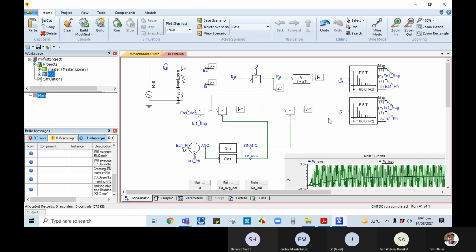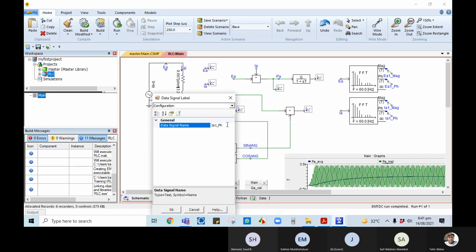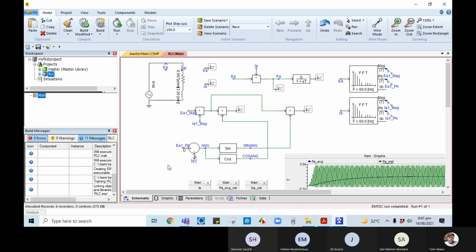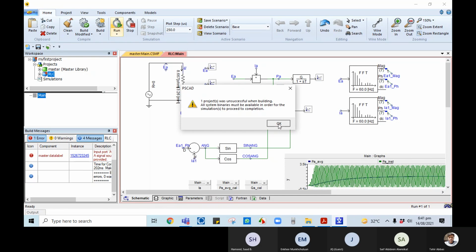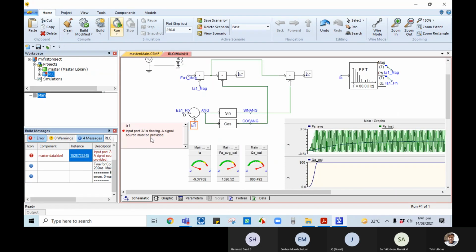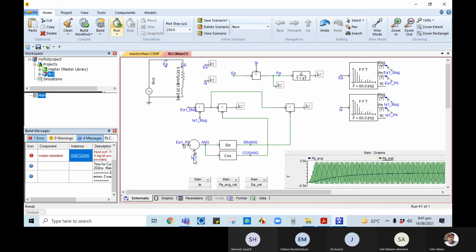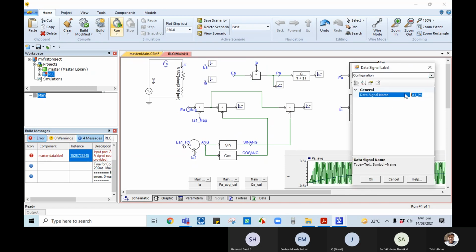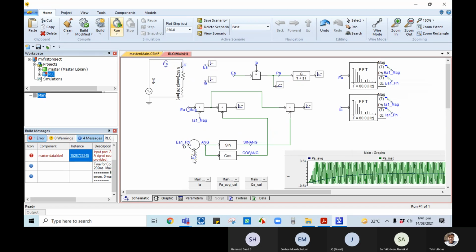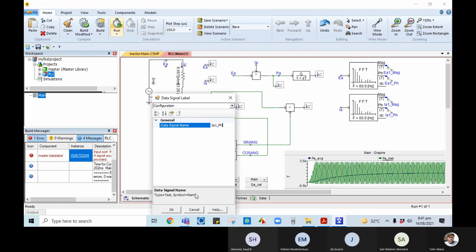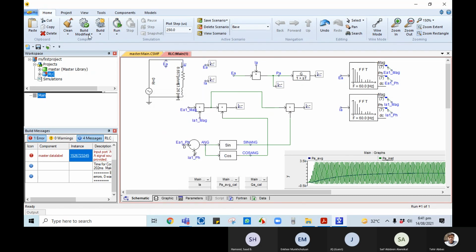And for that purpose, if I change one name, like here I say IA1, and then now run my case. See, one error is here, so I ask where is the error? It says input port is floating, a signal source must be provided. I said I have provided, but this variable is not initialized throughout my simulation. Just copy this name and then paste it here. So the label name and the output channel name and whatever, so input